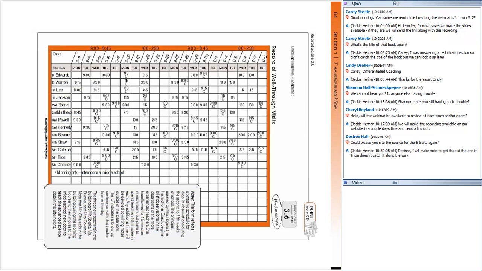Here's what I recommend administrators do. You sit down for a week and you try to do as many 5-minute walkthroughs as you possibly can, and you figure out what you can do comfortably and still get your job done. Now, keep in mind, some of you might be in a catch-22, because the more you're actually out in classrooms, eventually the fewer behavioral issues you will start to see in your office. But initially, I know some of you are in buildings with lots of behavioral issues at the moment, and it might be difficult to do the walkthroughs because then you have a queue of kids lined up.